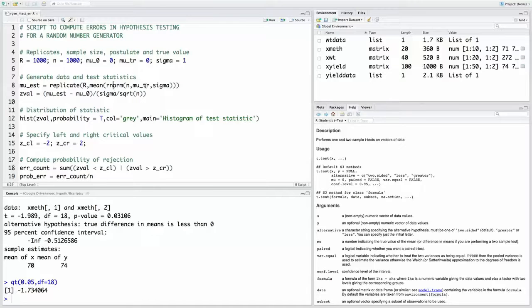And finally, we come to the focus of this script, which is to compute the number of instances I make a mistake when the truth is that the mean is 0, for a specified critical value. Now, because Z, the standardized test statistic, follows a standard Gaussian distribution, we know from the Gaussian distribution what kind of extreme values we can expect to see, and critical values are something like extreme values.